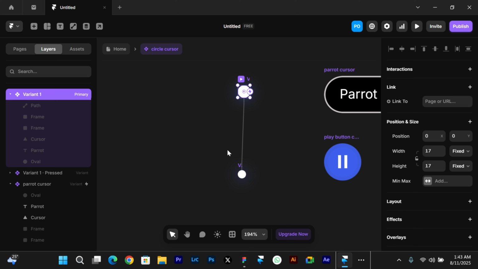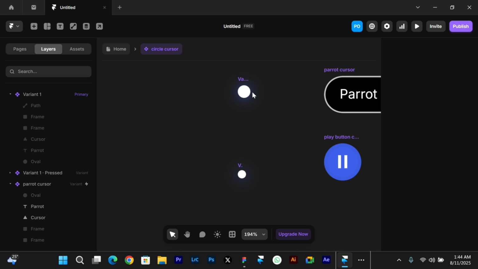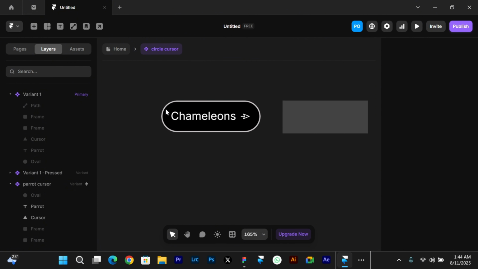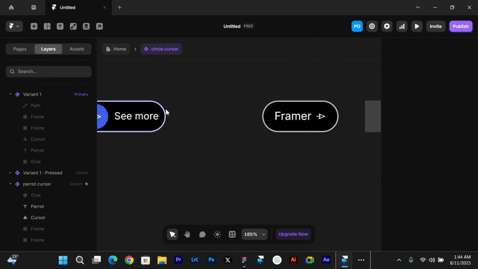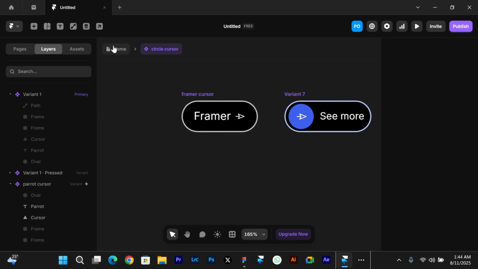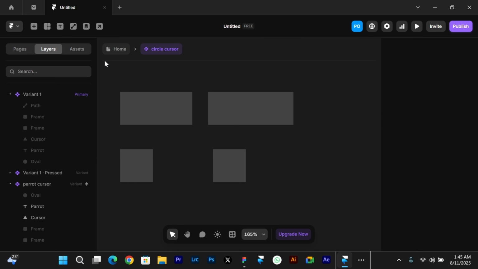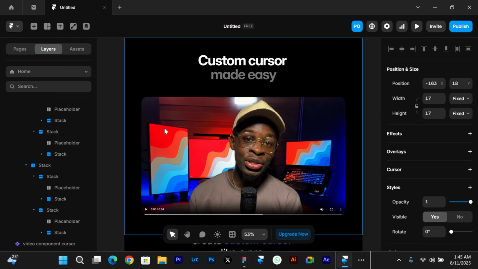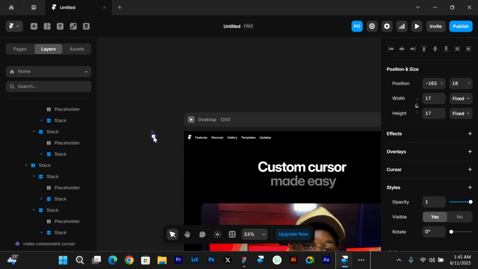The first cursor we're going to be applying is a circle component. So when I click on the first variant, it presses down into the second variant, which creates that little interaction. On the other hand, the variant I would like to add has custom cursors for specific cards on our design. So for this play button here, I'm going to turn it into a cursor. Whenever we come in contact with this video component here, it's going to switch to the play button component. Let me head back to show you everything.